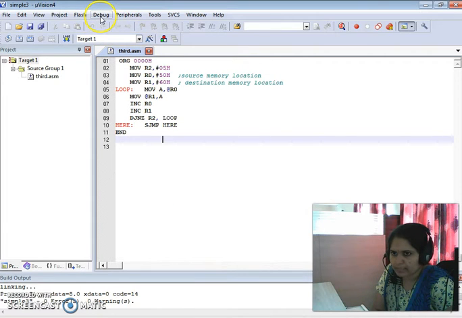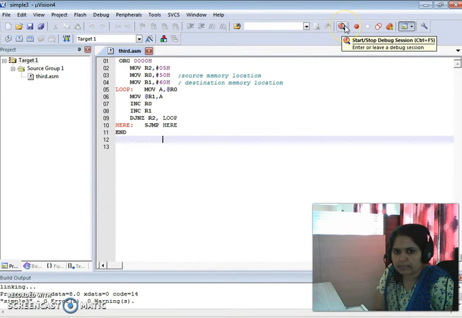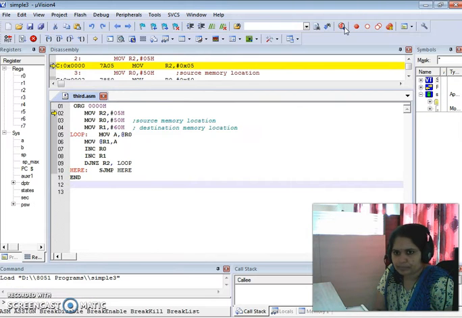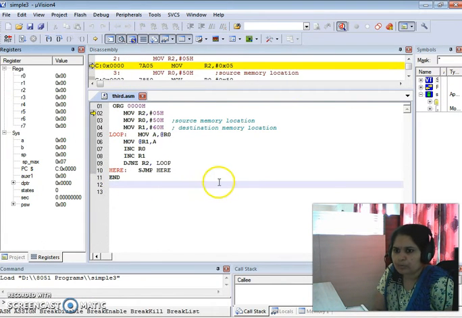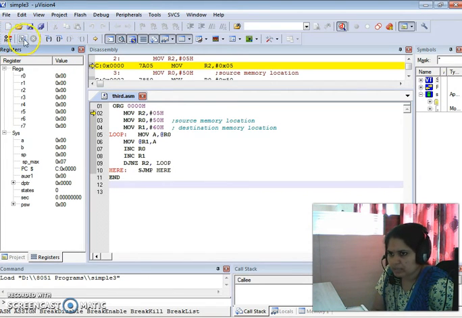So you can go from this debug tab, or there is a shortcut key, that D symbol, available. Just click on that. You will find a window where you can see the output of your code. Okay. So see, right now I have already explained the code. A number of tabs are available. Right now the important tabs are, this is the reset button. So this is just to run the code.